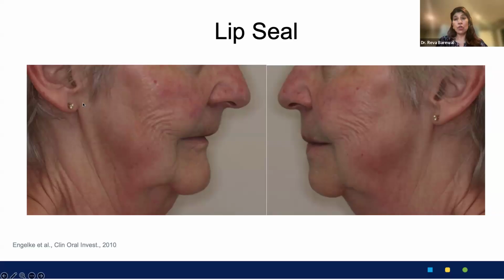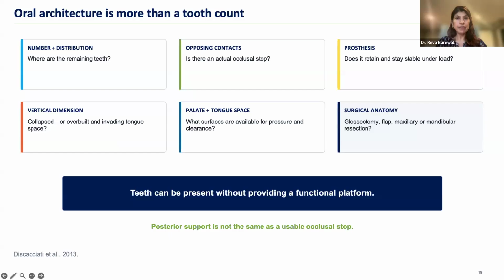And so your support then shifts, right? If you don't have that, to more emphasis on the tongue palate pressure, on a tightening of the orbicularis oris as the lips roll in on the residual ridge. So I just want to get us into this: oral architecture is more than a tooth count. That's what I'm hoping for this talk, that we can say more clearly that it's the number and